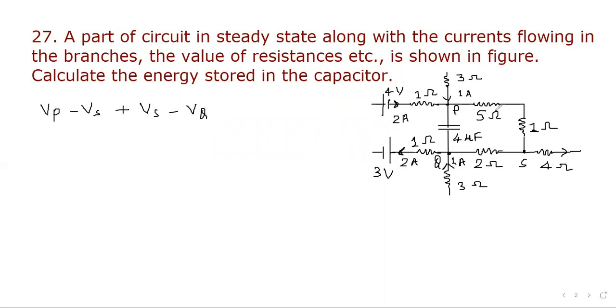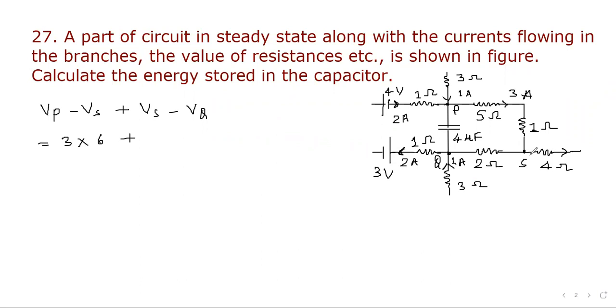Now, in this branch, total resistance is 5 ohm plus 1 ohm, 6 ohm. Here 2 ampere current is coming, and this is 1 ampere current. It means 3 ampere current will flow through this wire. Since the capacitor is in steady state, no current will pass through it. So 3 ampere and the resistance is 6 ohm. So the potential difference would be 3 into 6 plus